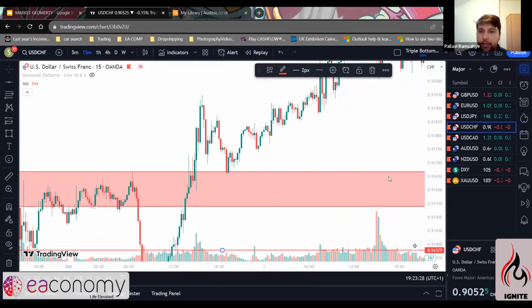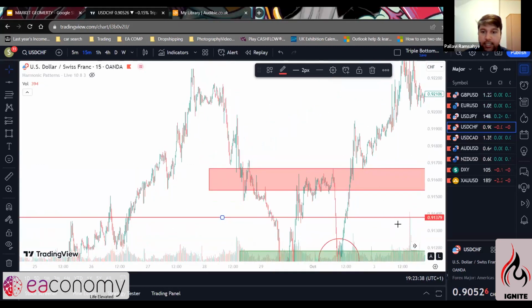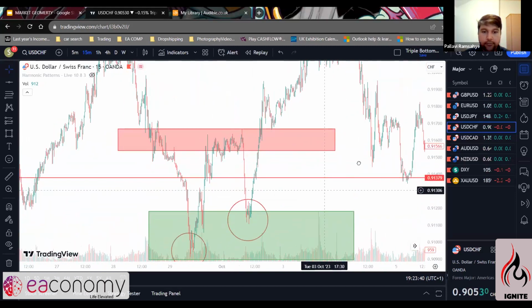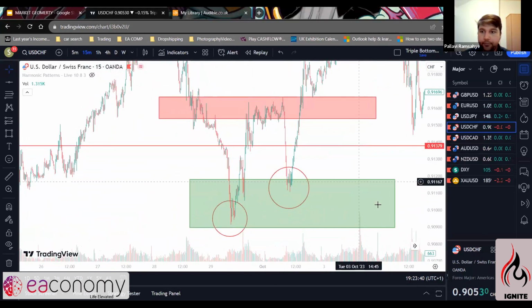And then at that point, what we're doing is we're looking for the retest to enter this trade. So let's look for another